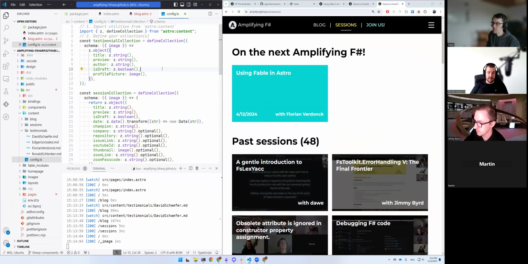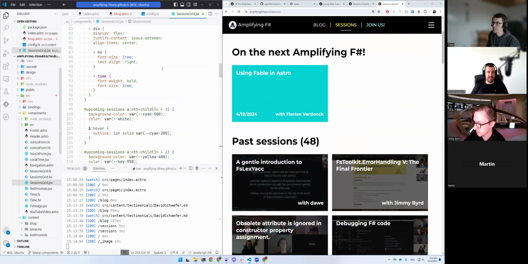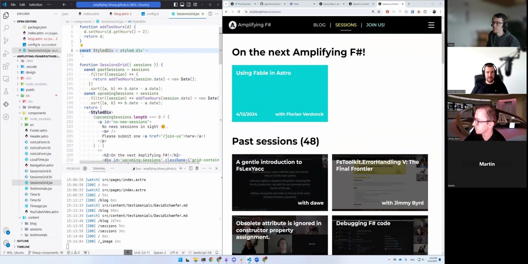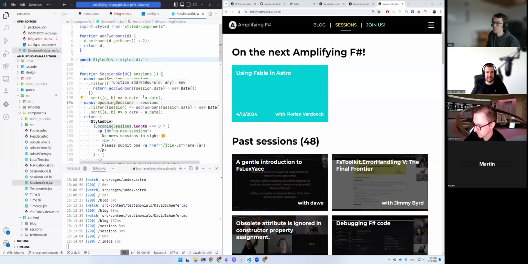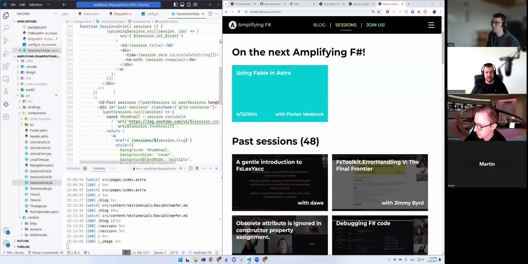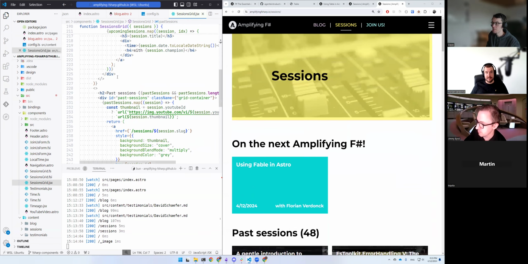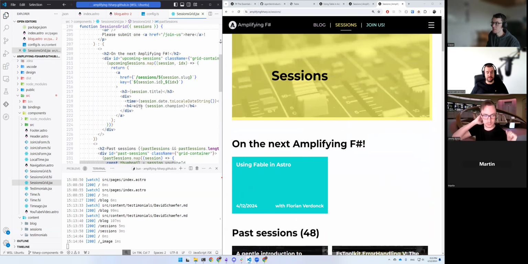What we do here is that we actually have a sessions JSX page, which is your basic React component. Again, some styles defined over here. But whether the sessions are in the past or in the future, we can just do some calculation based on the current date. In this case, we're saying, give me all the sessions in the future plus 2 hours after they started, so that the current session stays for 2 hours while the session more or less is present, and then we render this. So this does use JavaScript on the client. This does run in your browser. That's the part we're going to try and use